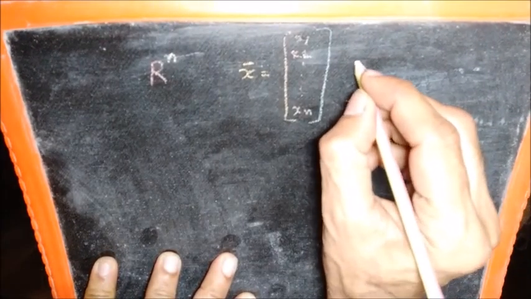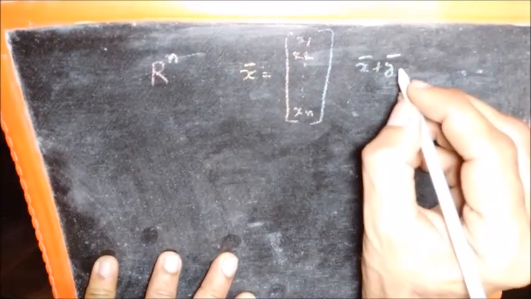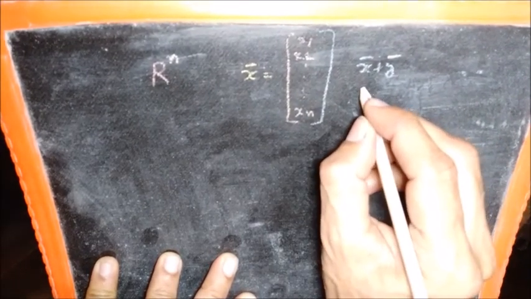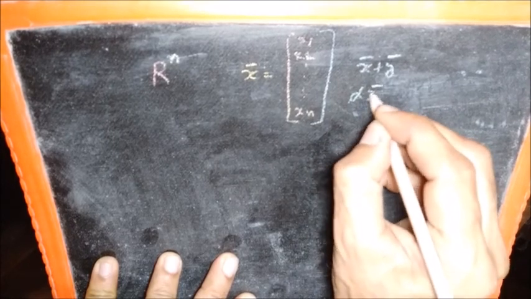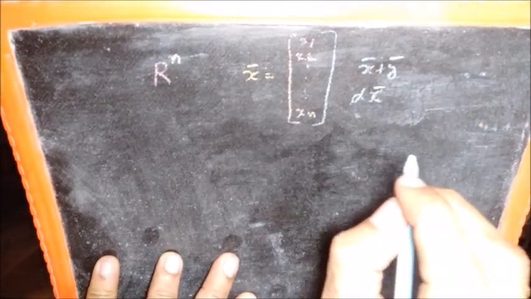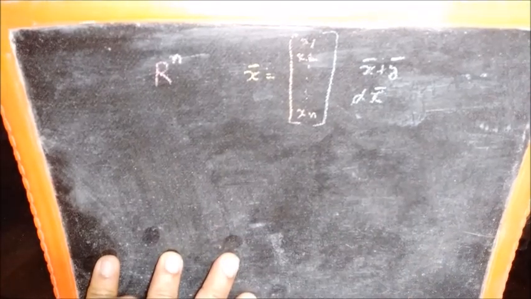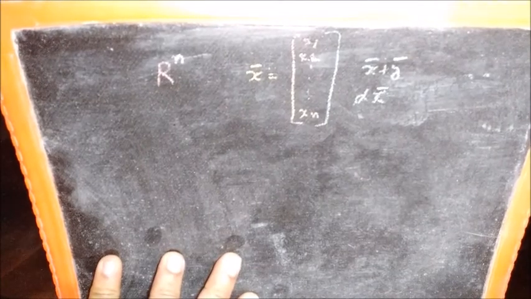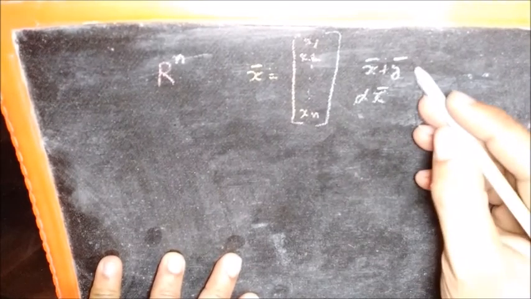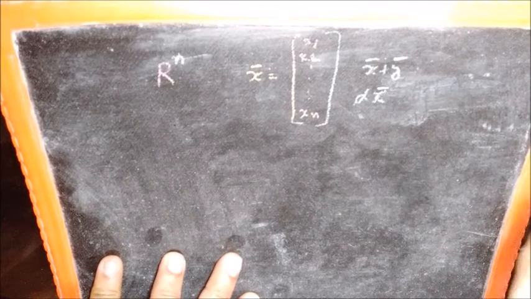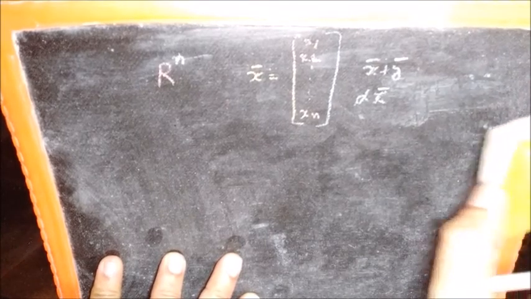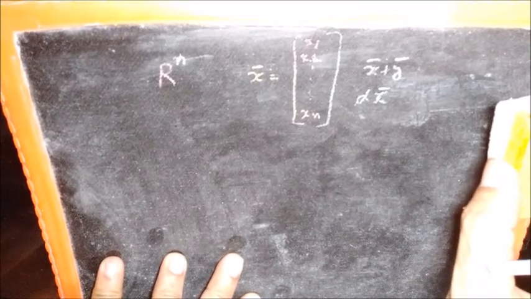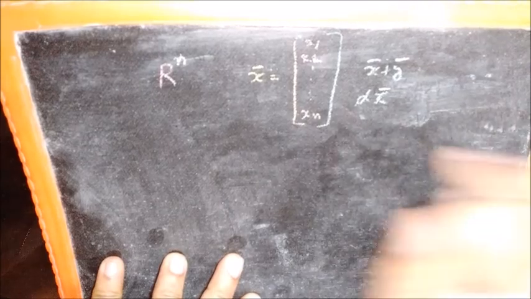And we can define vector addition as we defined earlier in the case of R2 in the previous video, and we can define scalar multiplication the same way as we defined it in the case of R2. So Rn becomes a vector space when we define addition and multiplication like this. It's just an extension of the R2 case, which means that R3, R4 and all these can be classified as vector spaces.